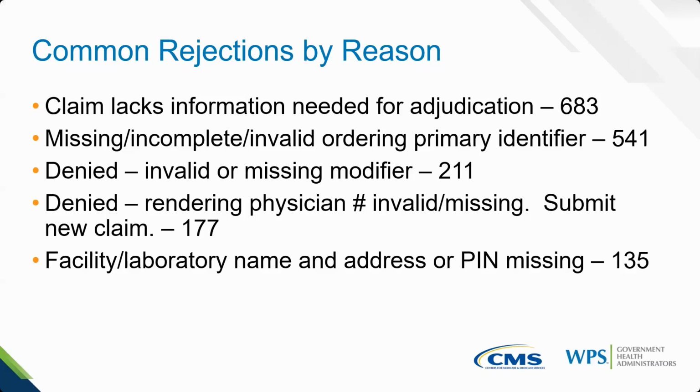Well, 541 claims or claim lines were rejected because there was a missing or invalid, incomplete ordering primary identifier. In this case, it's the rendering provider number that's invalid or missing. So take a look at that. Make certain you keyed it correctly if you had it on the claim at all. If not, make certain the correct physician number is on there, that the rendering physician is identified correctly on your claim, and submit a new claim. The next one is the facility and laboratory name and address